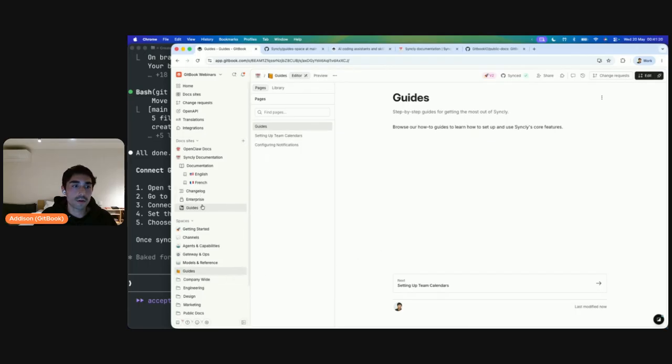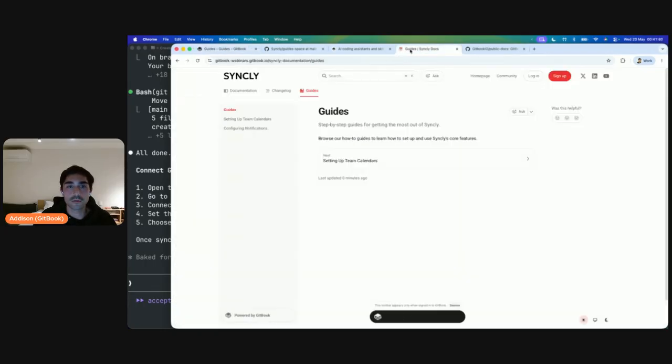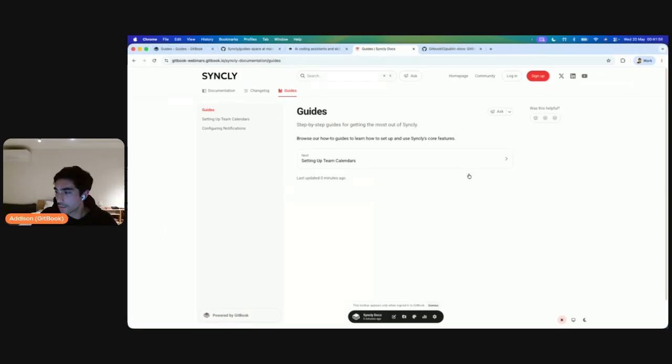Cool. Now this is all synced up, and it should also be live on the site, which might have to just wait a sec. Cool. And now we have the new guide section right here. That's going to be pulling from this content inside as well. And again, because this is all synced with GitHub now, we can go ahead and basically just ask it to continue editing these different things, and it will go ahead and do it. So one sec here. Okay, yeah, let's take a look at